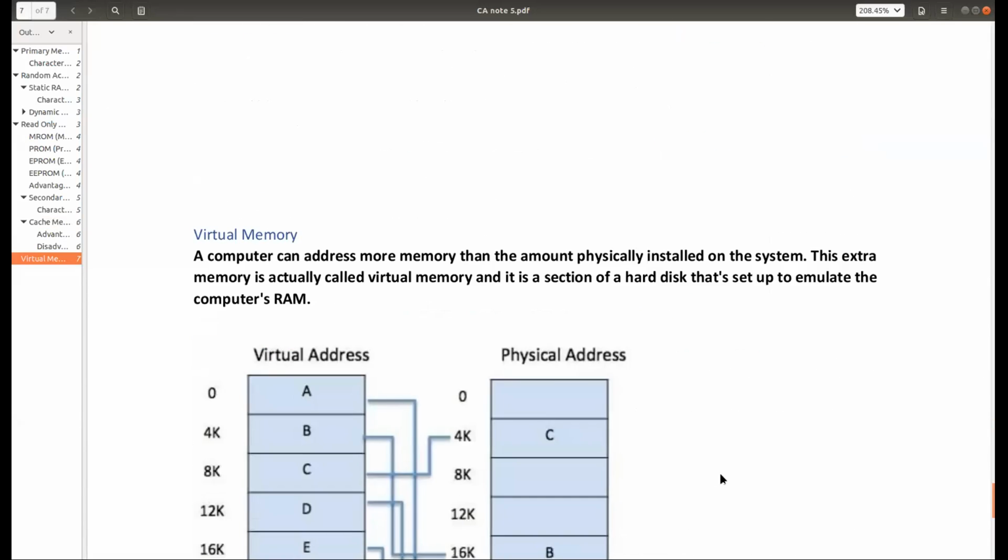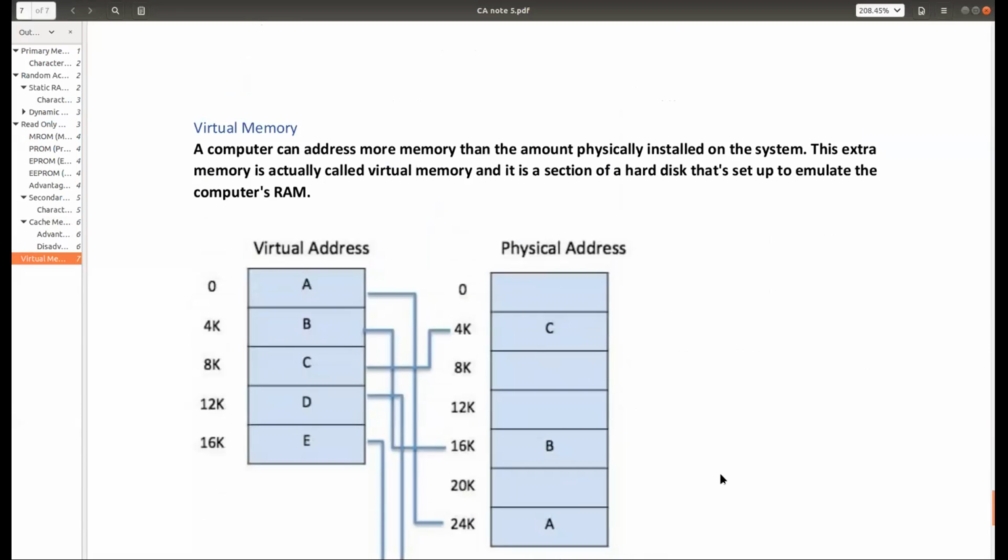Next is another type of memory. This is our last topic today. That is virtual memory. Now, what is virtual memory? Actually, you don't have to go into much detail about virtual memory, just the overview you need. Suppose your physical memory, that means your RAM, is exhausted, that means you don't have any space in RAM. Even then you need some space to store your program, right?